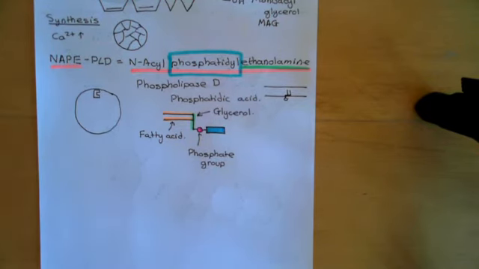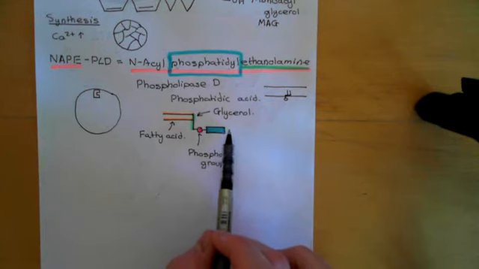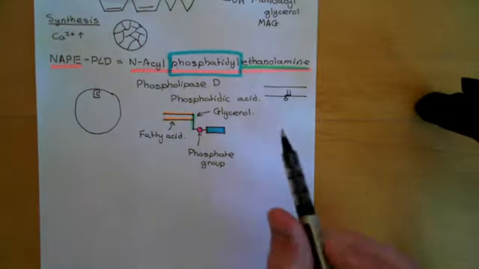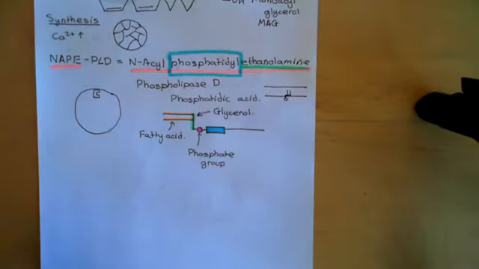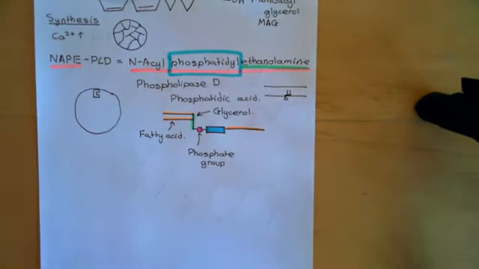And then finally, to create N-acyl phosphatidyl ethanolamine, we're going to add on to the amino group of the ethanolamine, which is free over here, an acyl group, and all that means is we're going to attach on a long-chain carboxylic acid. So another long-chain carboxylic acid is going to get attached on here. And that now is the structure of an N-acyl phosphatidyl ethanolamine shown in cartoon.